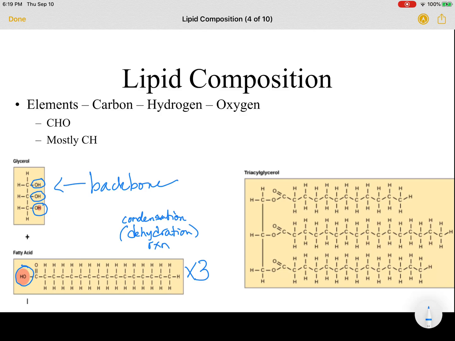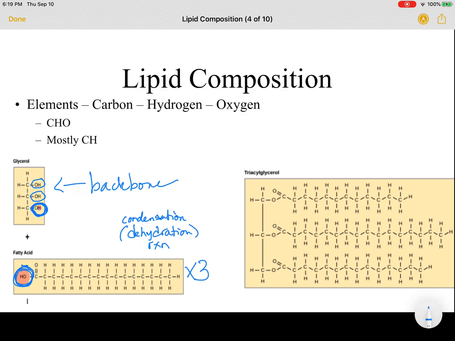So what happens is that the hydroxyl group of the glycerol is going to be lost. It's going to drop off, and it's going to combine here with the fatty acids, and then we're going to be left with